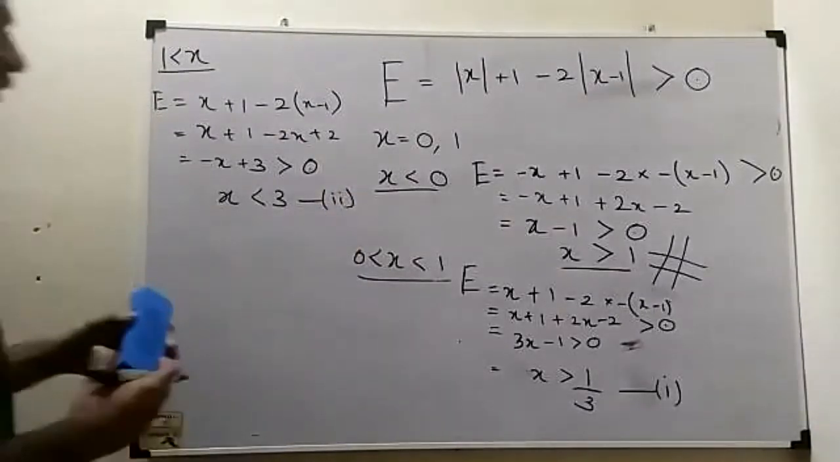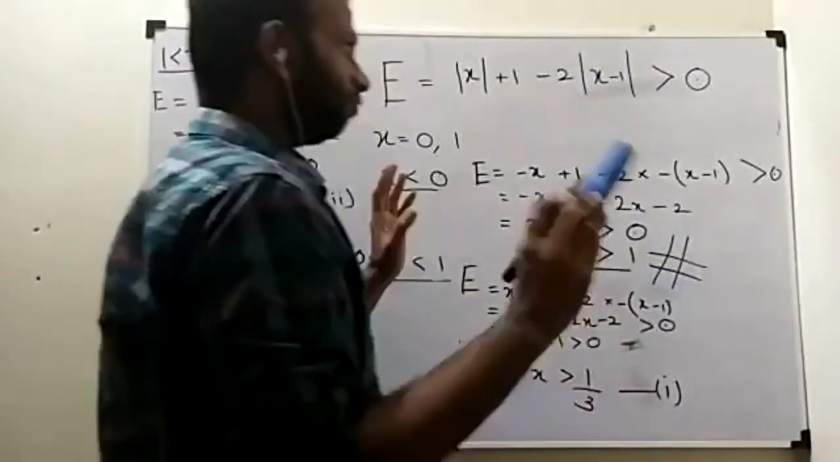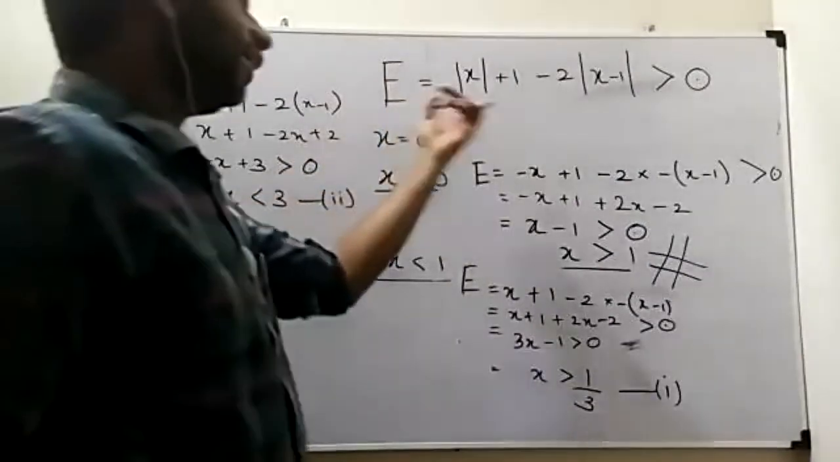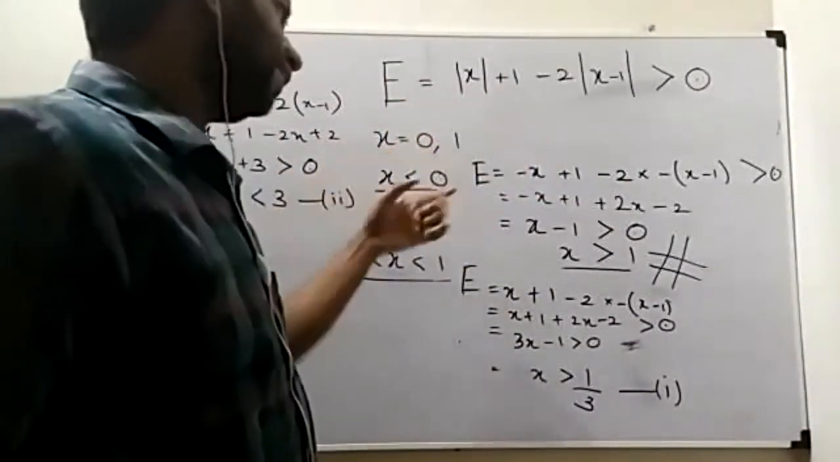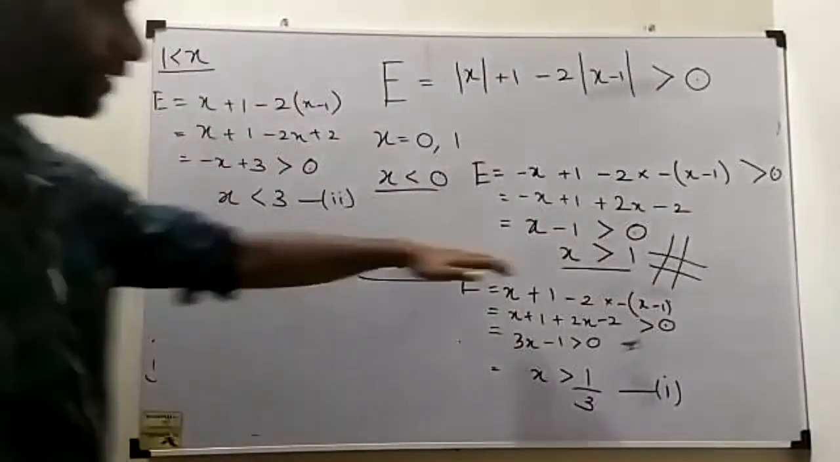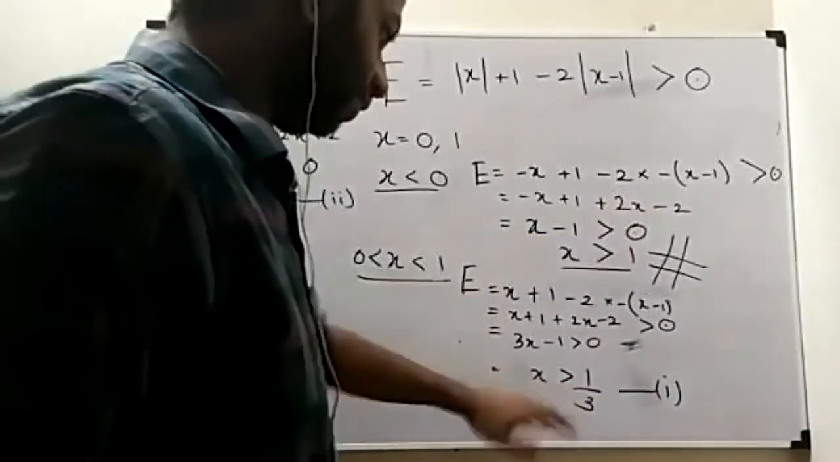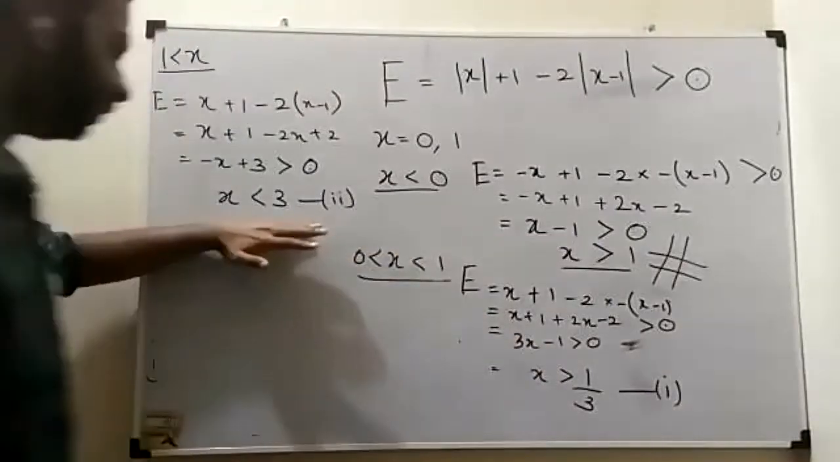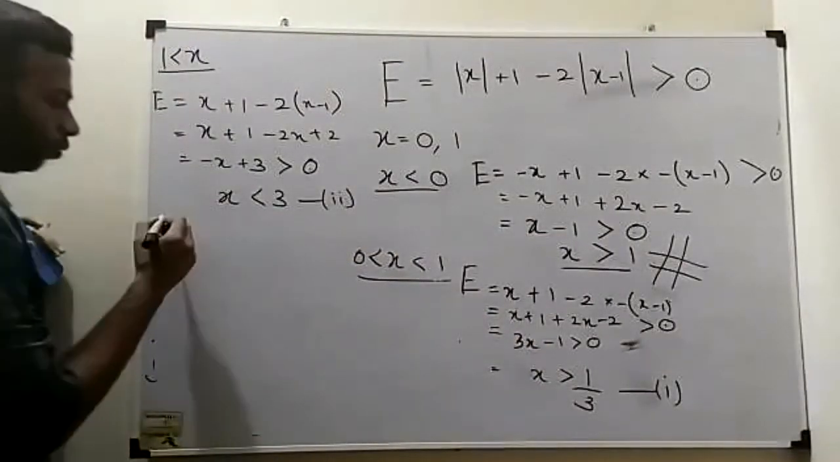Now we have two equations. This one we can't consider. So what do we do? We set each to 0. We consider the cases less than 0, greater than 0 but less than 1, and greater than 1. This case we can't consider because it's a contradiction. But this case we can consider, and this also we can consider. So now from 1 and 2,